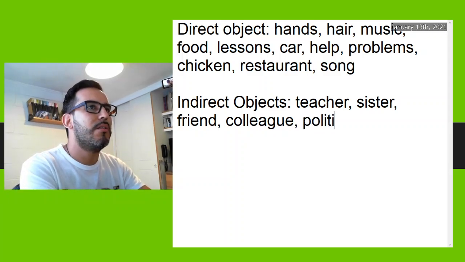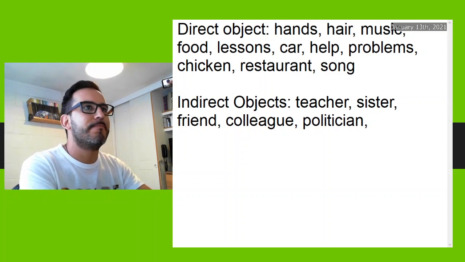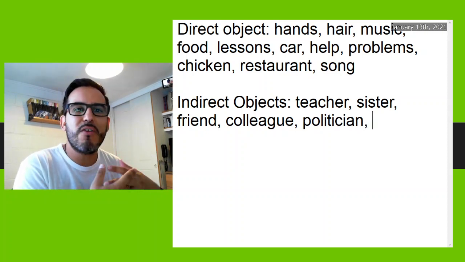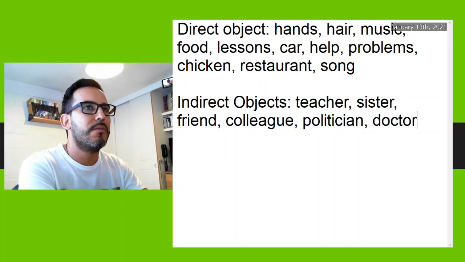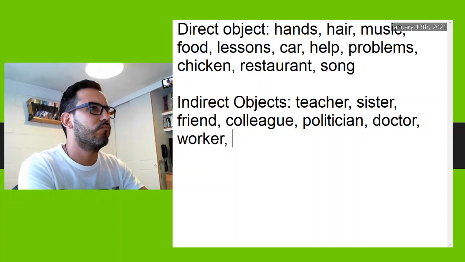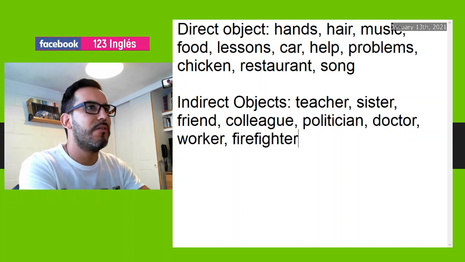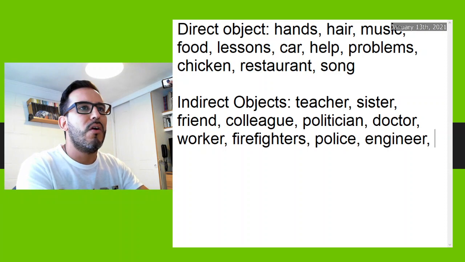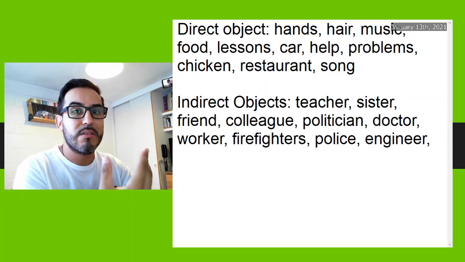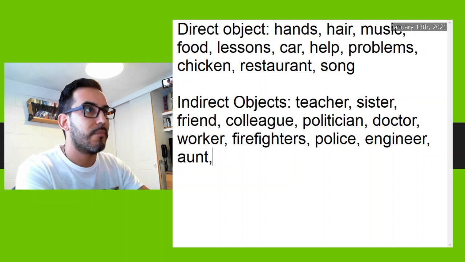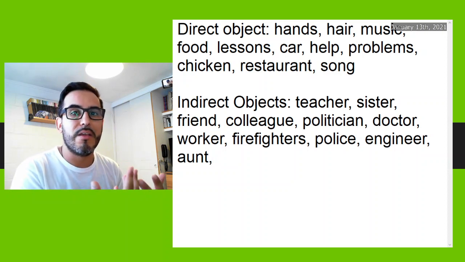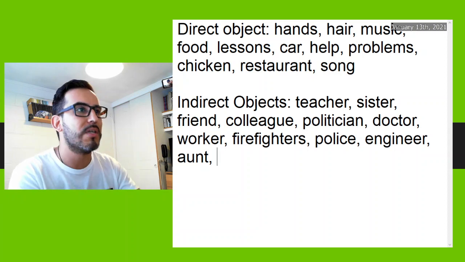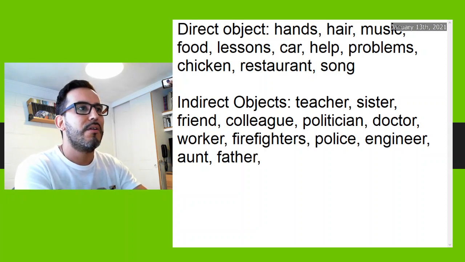Politician, give me names of people in general. Doctor, firefighters. Firefighters, very good. The police, or engineer, very good. An engineer also. Names. Sorry. Aunt. Very good, very good. Your family can also be part of the indirect objects. An aunt, father, mother, also